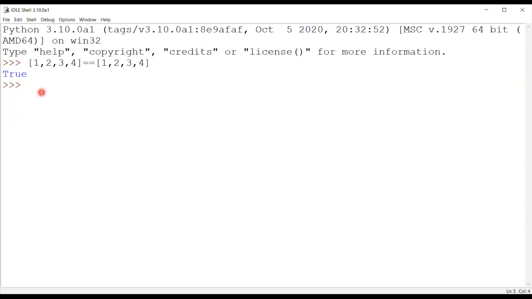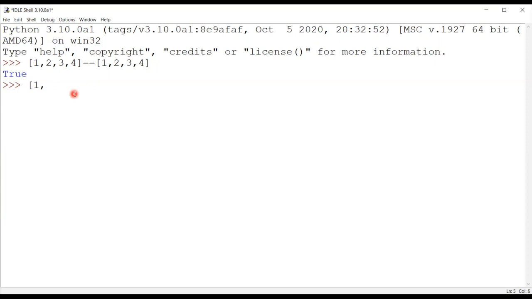Now, because I told you that the comparison is always made on the basis of lexicographical order, that means alphabetical order or dictionary order. Obviously, we are making a comparison in the integer format, so I cannot follow the alphabetical order. But the motive behind saying this is that we always make a comparison on the basis of elements, not on the basis of the number of elements. And in fact, if we have different data types in both the lists, then also the comparison cannot be made.